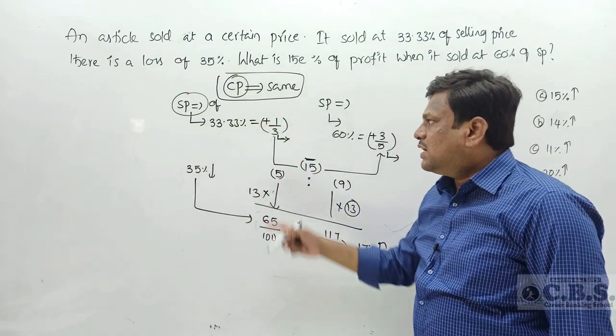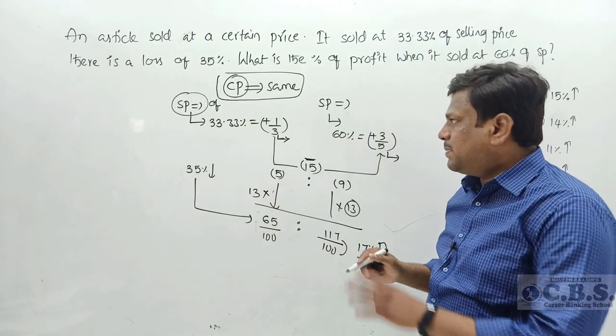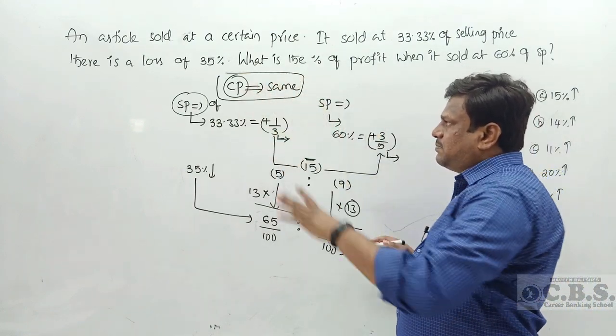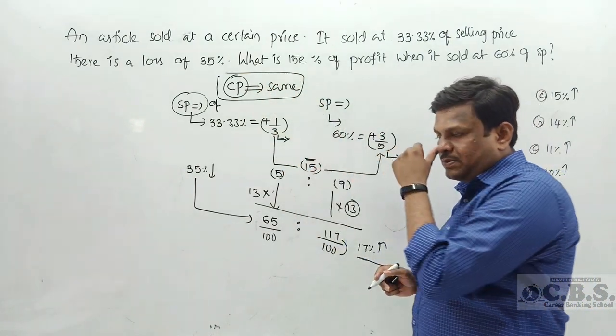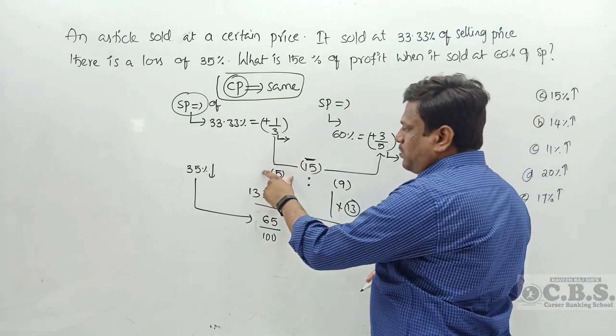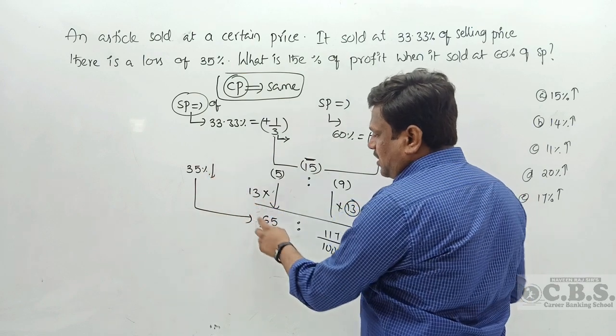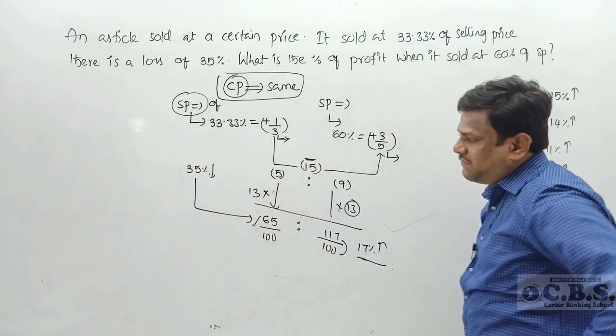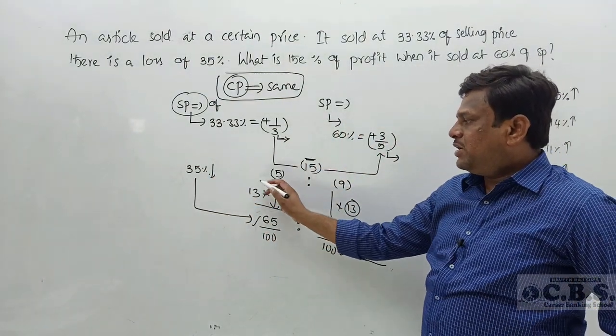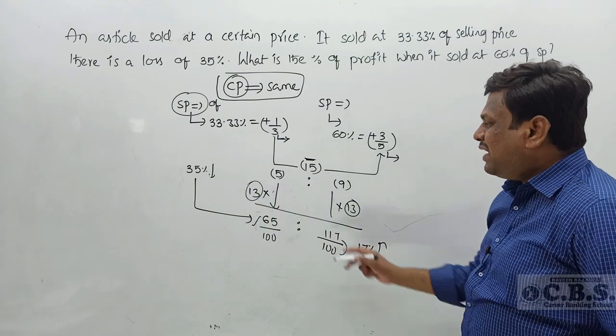Here the denominator means what? Total indication. Here the selling price is 3 parts, here the selling price is 5 parts. But the common, certain selling price is constant, that is 15 parts. So upon 15, 1/3 means how many parts? 5 parts. When you try to solve it, with 5 parts you get a loss of 35%. It means what? Selling price how much? 65. In the 5 table, 65, how many times to get? 13 times. So it is a ratio.